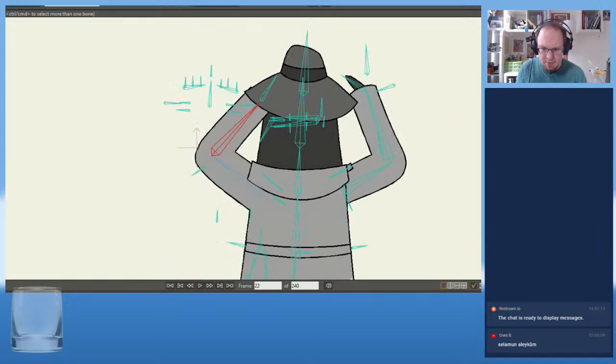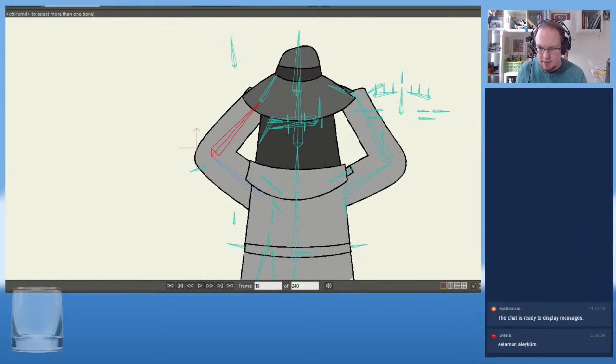Okay, so let's bring up his right arm. Is it the right arm? I think it is. Select that bone, see what it is. Yeah, it's the left one. Okay. Now,